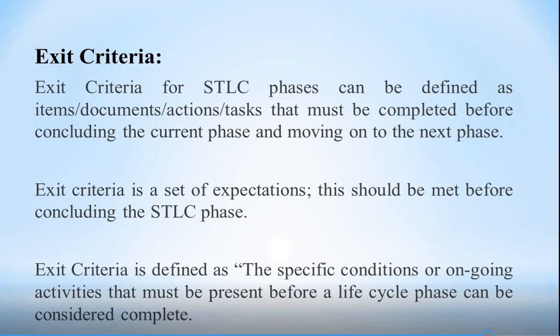Testing should be stopped when it meets the completion criteria, or fulfills all the criteria of that particular software. Then we can stop our software testing process. The exit criteria for a software testing lifecycle phase is the conclusion of our software testing process. After getting our exit criteria, we can decide when to stop our software testing process. This is the exit criteria, or when to stop the software testing.